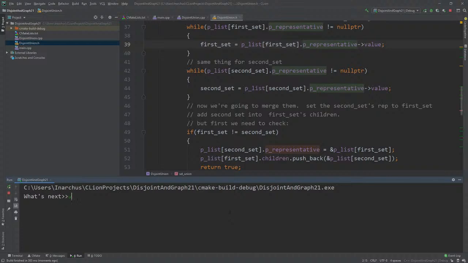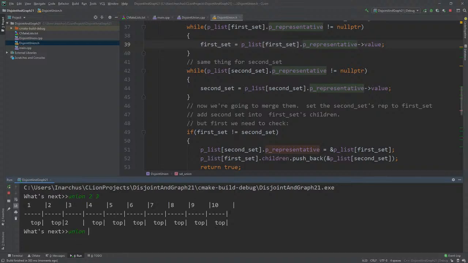Let's try this again. Let's union 2 and 3, union 3 and 4. Oh, we already have it. Interesting, interesting. So what's the problem here? If we're unioning 2 and 3, that means 3.parent is equal to 2. If we're unioning 4 and 3,